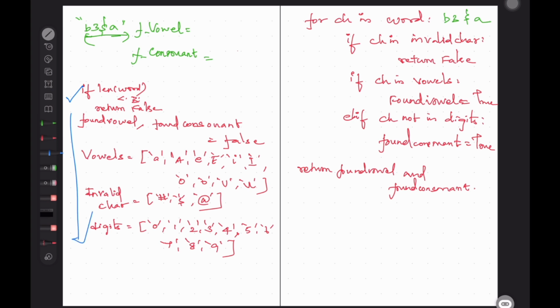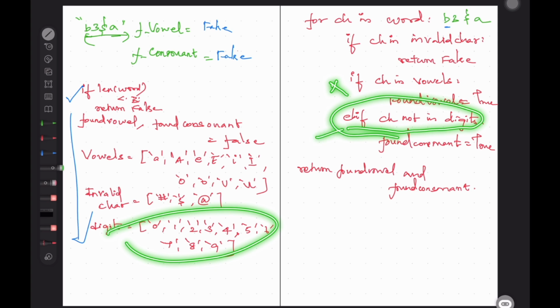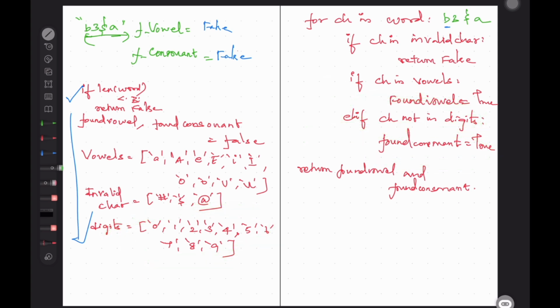Found vowel and found consonant are initially set to false, right? Now the first character that comes is B. Is B an invalid character? No. Is B in vowels? Also no. But B is not in digits as well, right? So which means it's a consonant. So now found consonant would be set to true.